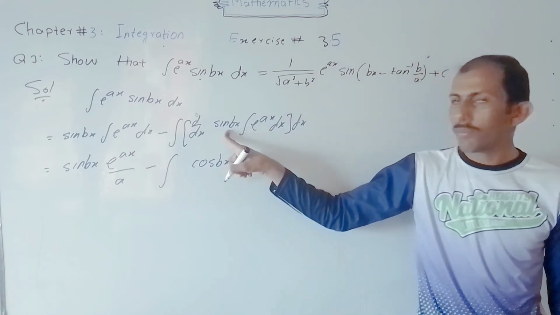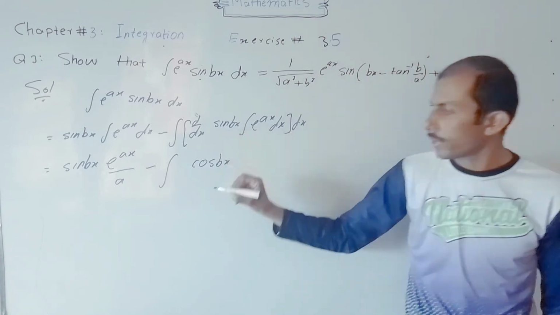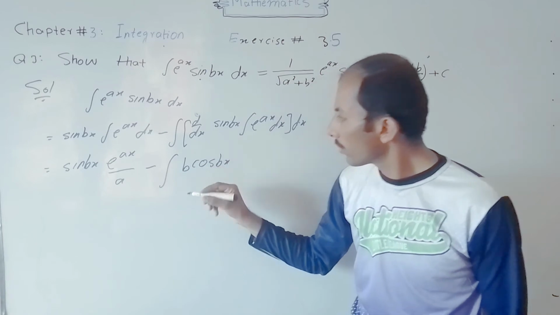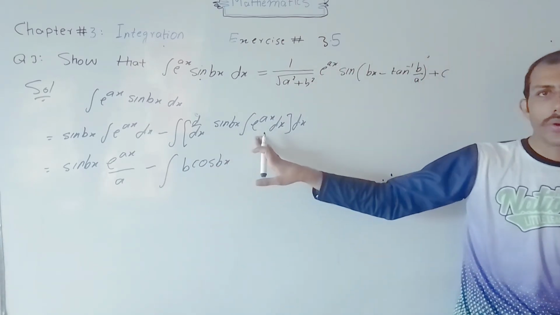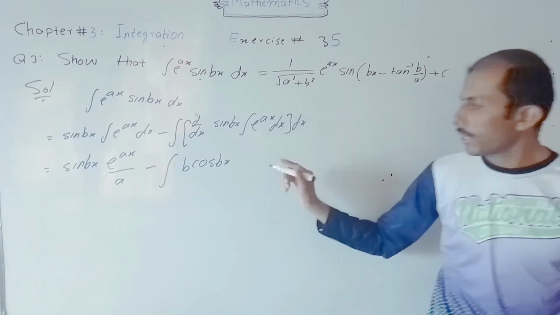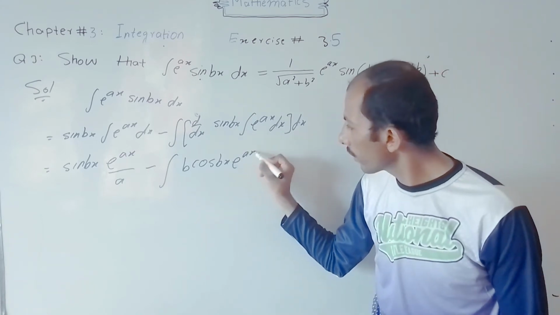So derivative of bx is equal to b. So b cos bx, integration of e power ax with respect to x is equal to e power ax divided